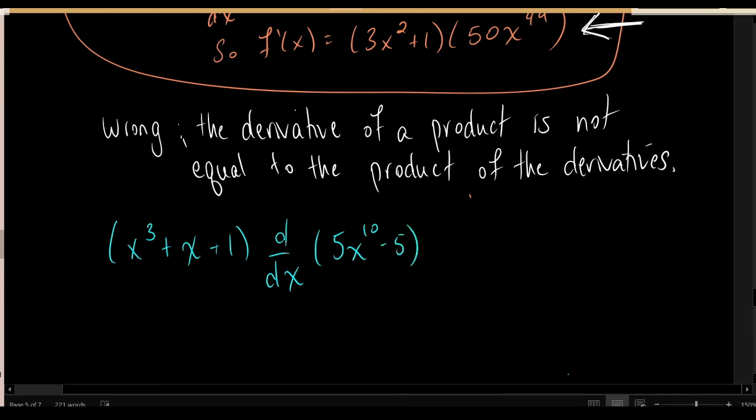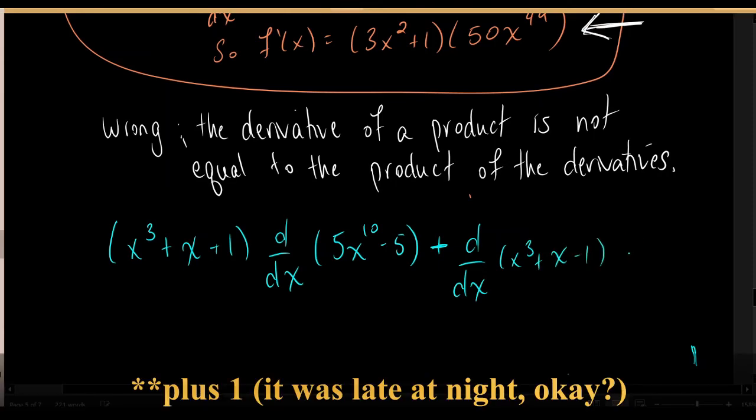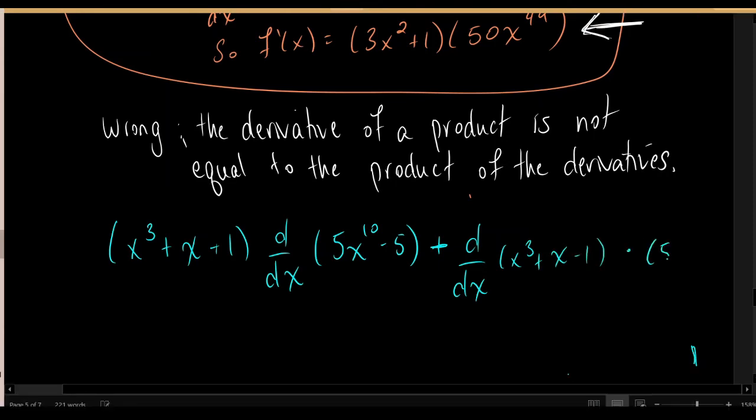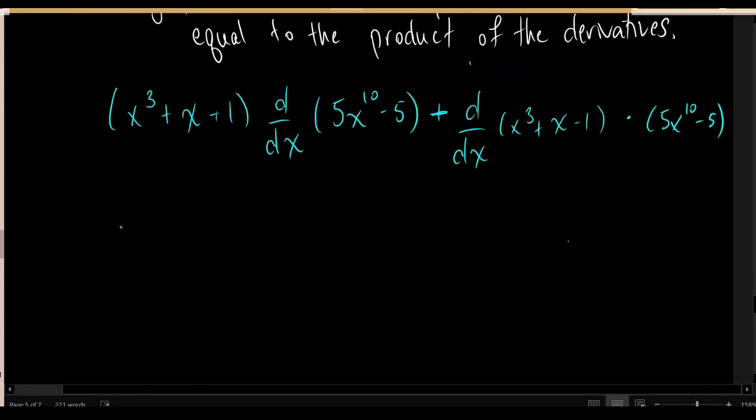And then I would need to add on a second term where the derivative was on the other function. So the derivative of x cubed plus x minus 1 times the second factor. So now I could say the actual value of f prime, the actual derivative function, is equal